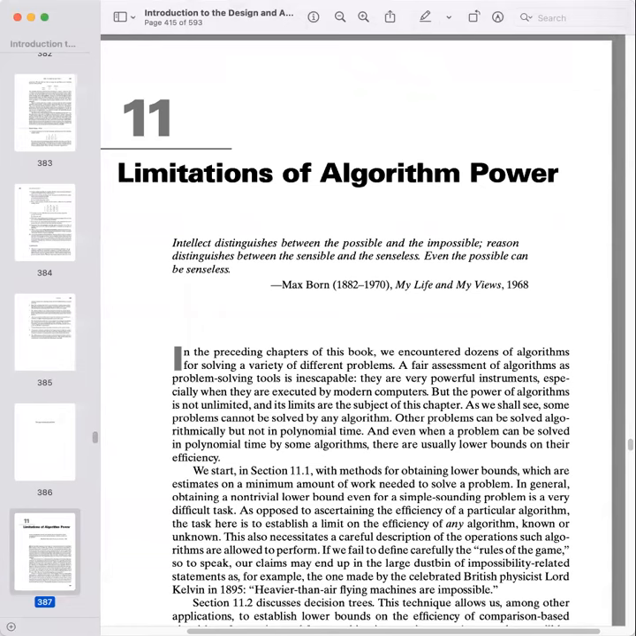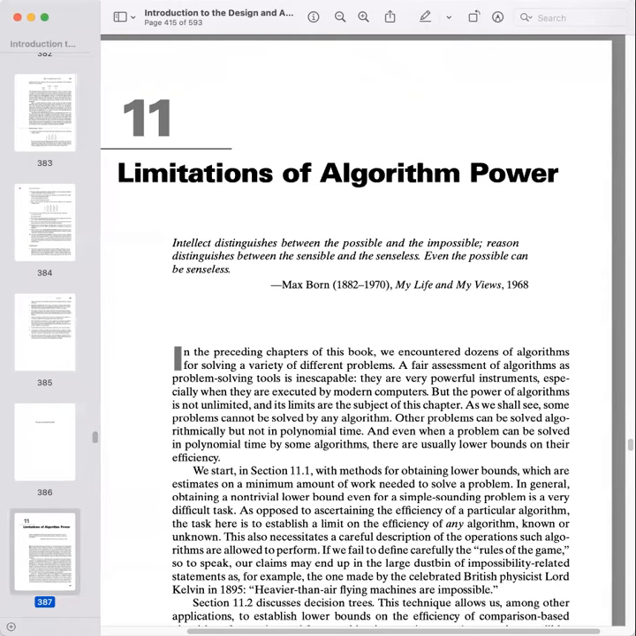So 11 is on the limits of algorithm power. This class, we've done a lot of algorithms that can do pretty amazing things. But it turns out there are a not inconsequential number of problems that we can't really get a good algorithm for. So in this chapter, we're going to start off talking about lower bounds,